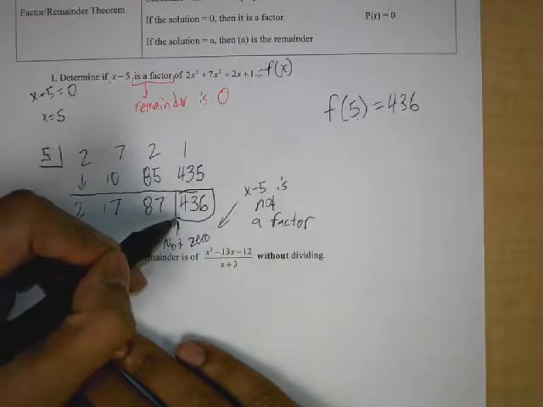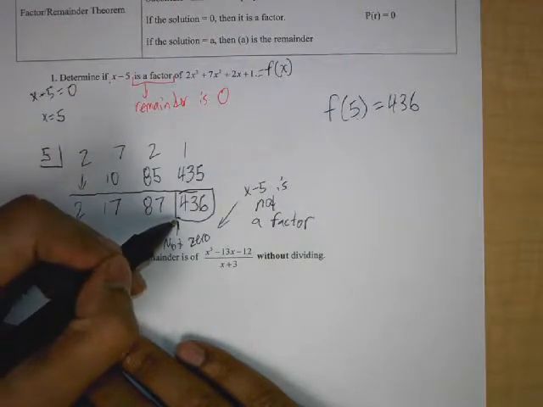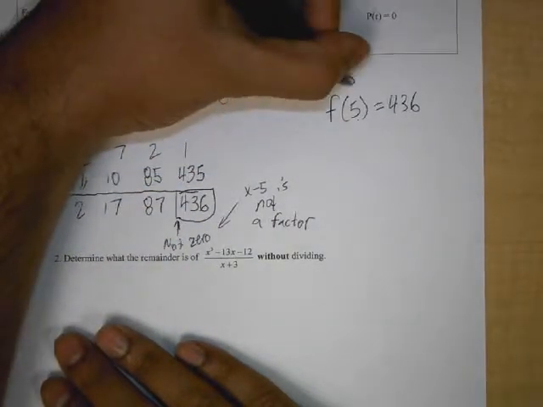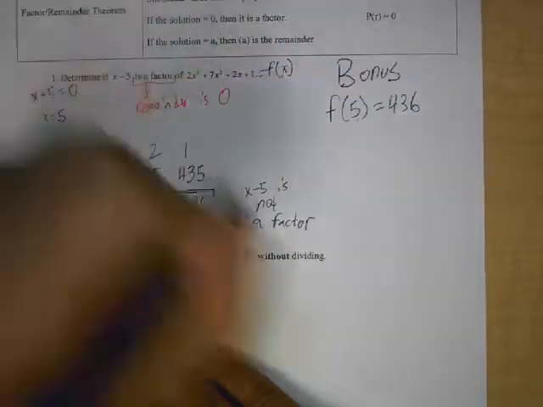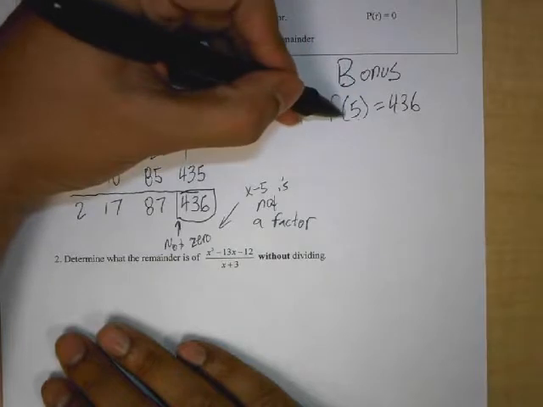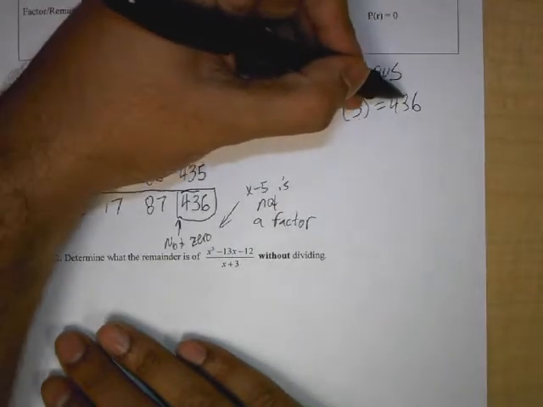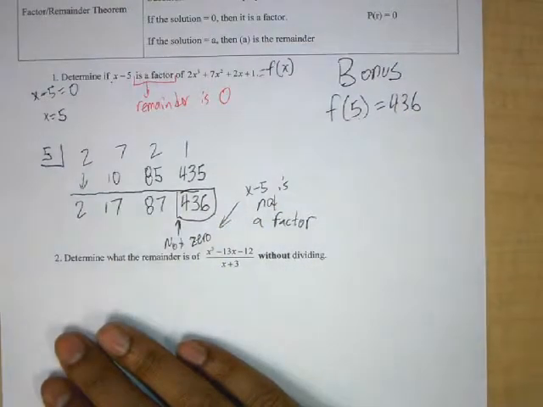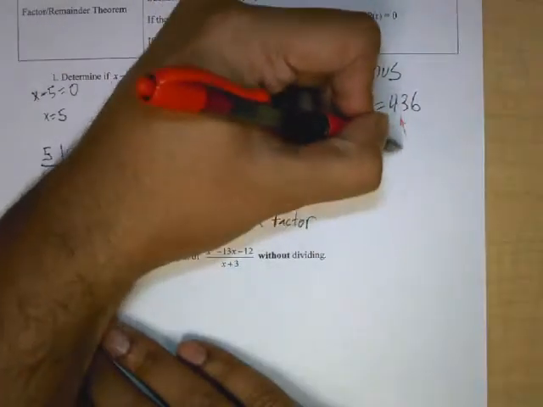Because we got that as my remainder, okay? So this is just bonus information that we learned, okay? We said, hey, the number, when I plug it in, will give me 436. And again, that's because this was my remainder